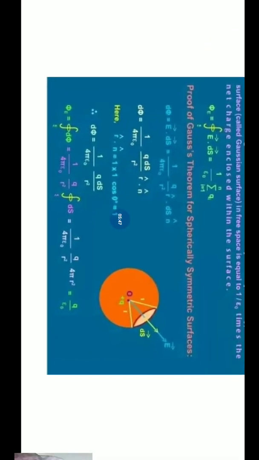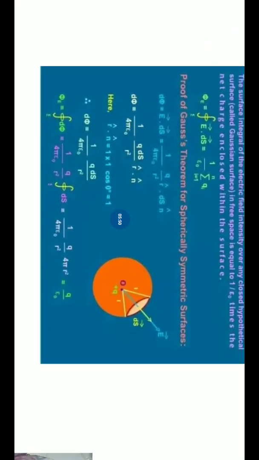Since electric field is a vector quantity, the direction will be along the radius of the sphere. Let us suppose that a charge plus q is placed at the center of the sphere O, and we have to find the electric field at point r. At any point on the surface of the sphere, the electric field is E, given according to this formula, 1 by 4 pi epsilon naught q upon r square, r cap being the direction. Since we have a positive charge, electric field lines move out of the surface.